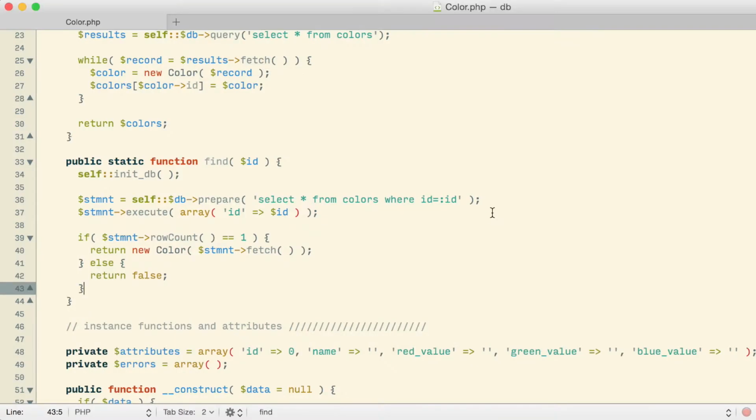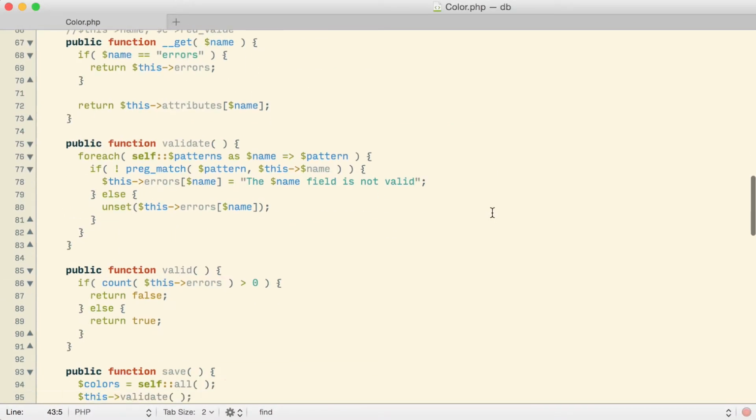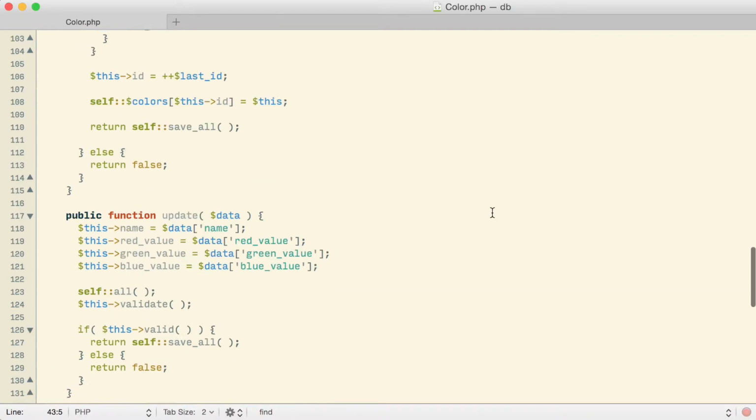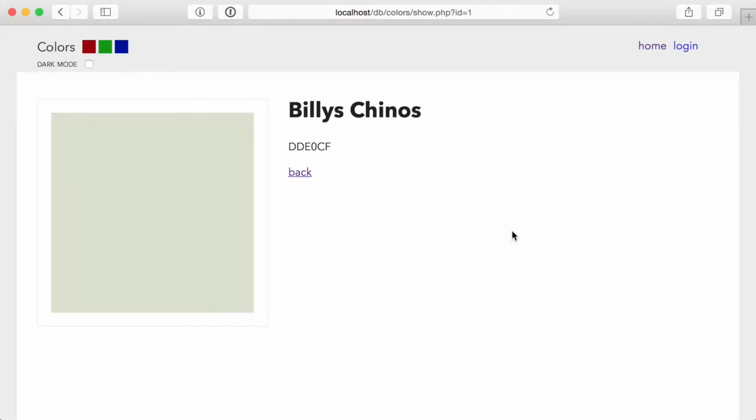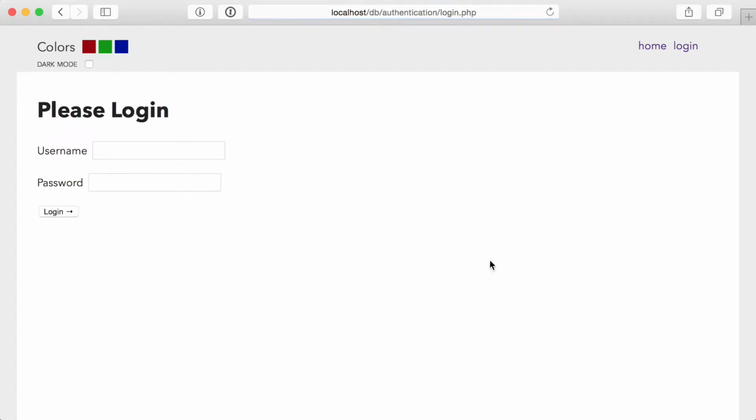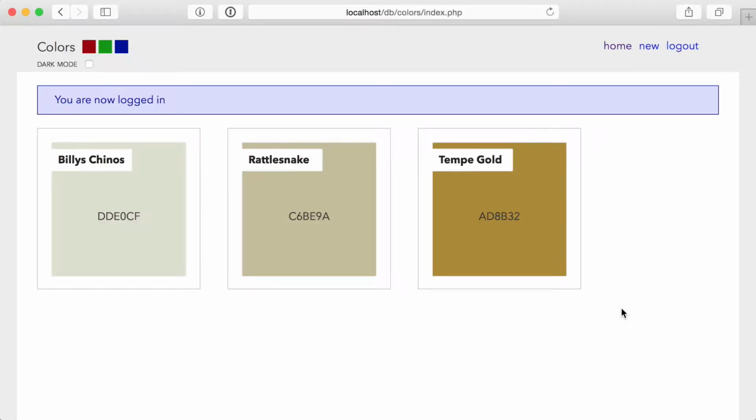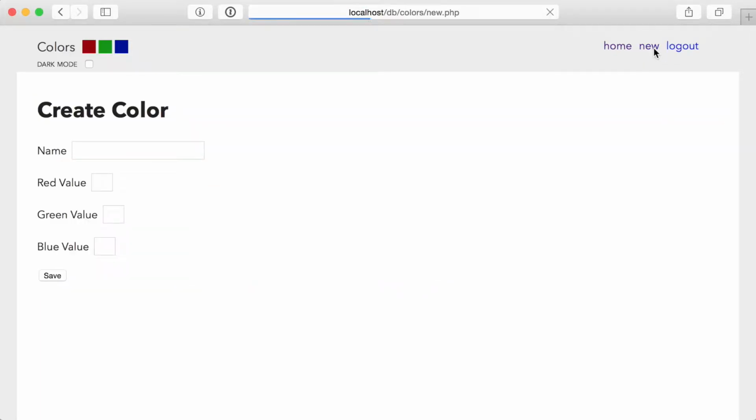The next thing we have to work on then is our new and edit functions. So we're going to need to go take a look at our save and our update functions, which will be a little bit more complicated. To be able to actually get to those, because of the authentication we put in a previous example, I'm going to need to go ahead and log in. So let me go ahead and log in as an administrator of our little site here. There we are, I'm logged in, and now I can get over to the new page.